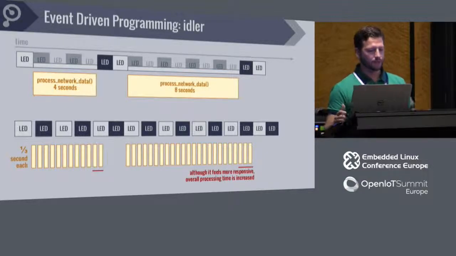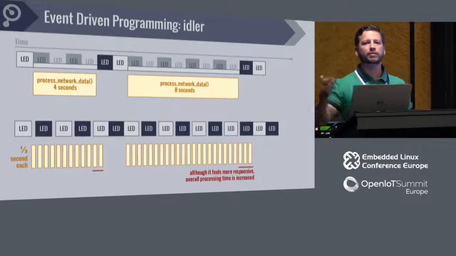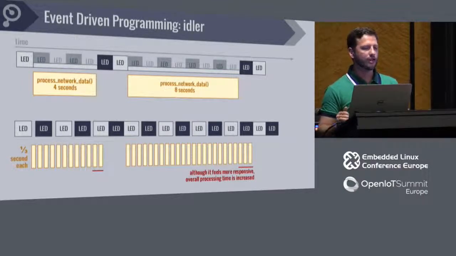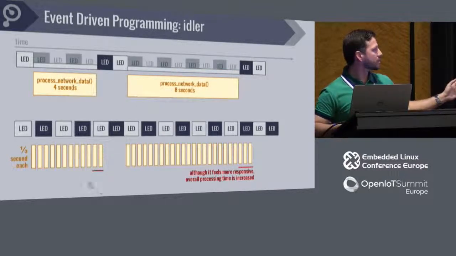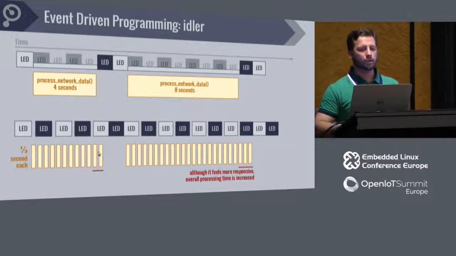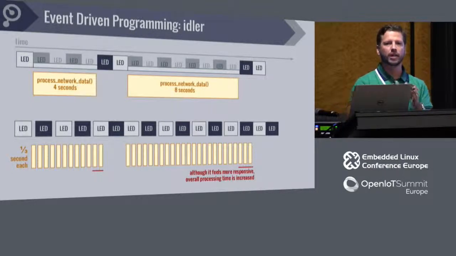experience for the user. However, if you break your function into smaller functions, you may interleave with other tasks, for example, turning the LED on and off. So let's say you can segment each function to 1/3 of a second. So you get many blocks, right? They will execute the same thing, but usually it takes more time. As you can see in red, it's more responsive, so it feels faster to the user, but in reality it's